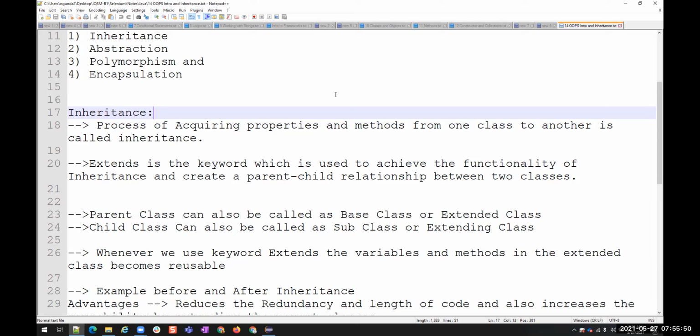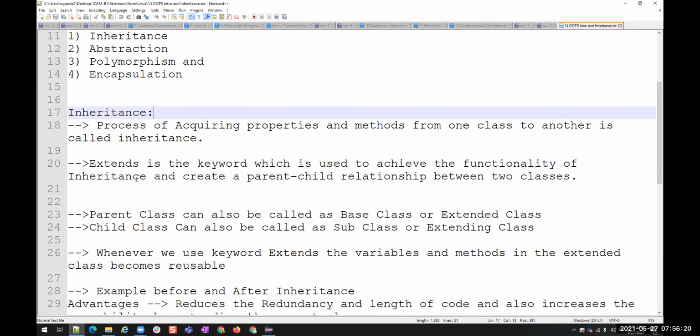That means class 2 was already there, which is elder or earlier. So that is why class 2 becomes parent and class 1 becomes child. So here we are using this extends keyword to create a relationship between two different classes. What type of relation? Parent and child. Okay, is that clear? Yes. Okay.